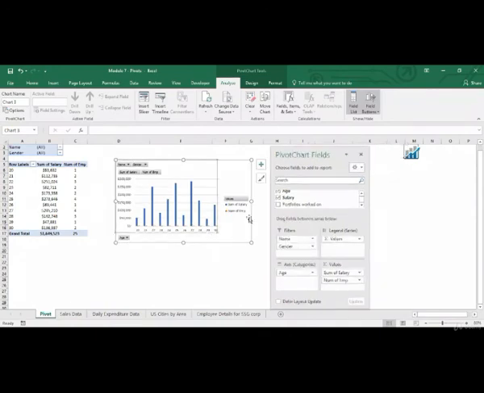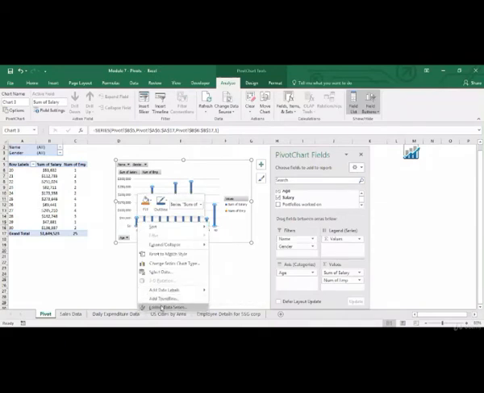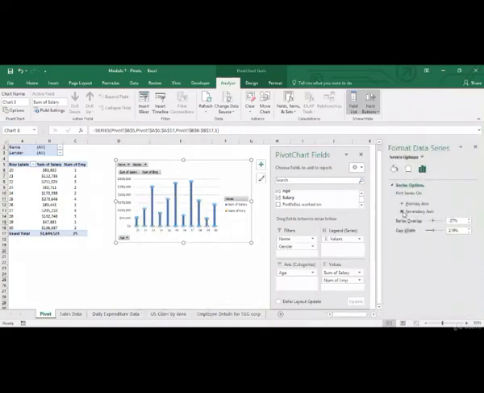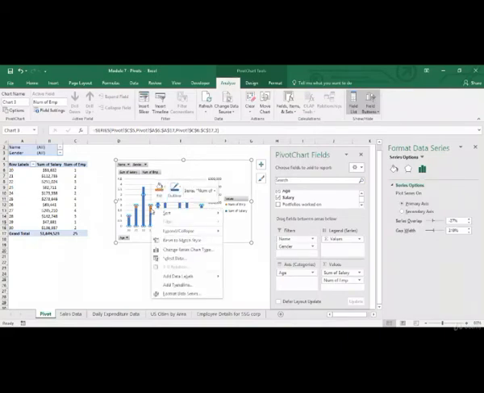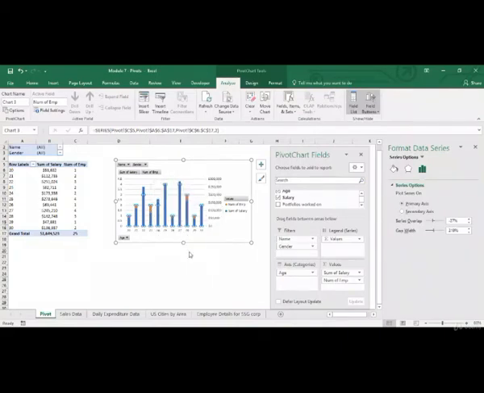Now the scale of employees and the salaries is completely different. Employees are just in single digits, whereas salaries are in thousands. So let me just put the salaries on a secondary axis. Format data series, secondary axis. And for the primary one, let's just change series chart type.